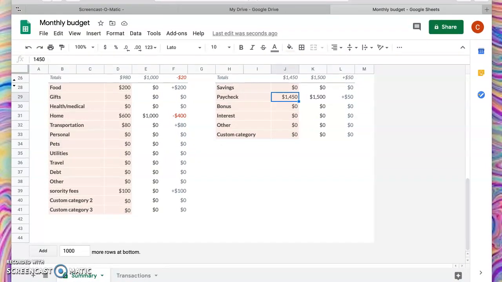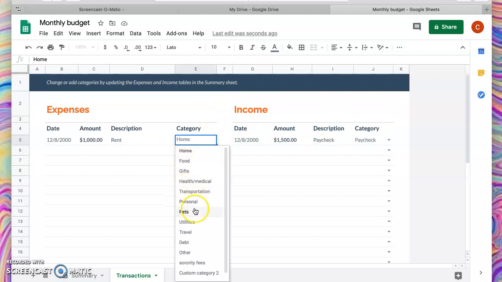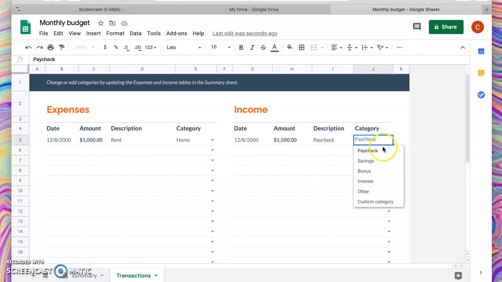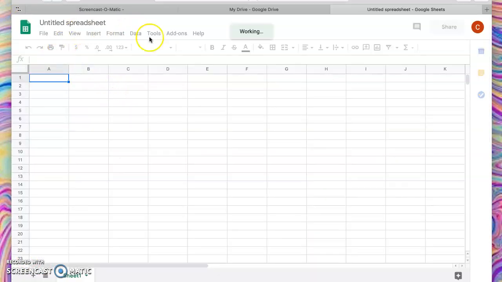But down here, it says summary and transaction, so you can switch over, and your expenses are right here, and you can also change this to anything that you want, and enter how much you spent and what date you did that spending on, and then how much you made. And you can do your paycheck, or you can do savings, bonus, interest, any of that stuff. So yeah, that's pretty much monthly budget. It's really cool. So I'm gonna go back to Google Sheets and do a blank Google Sheet